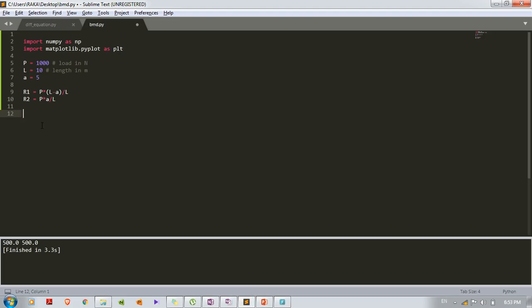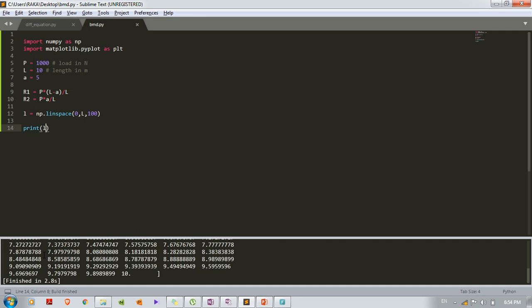So I will create one variable as small l, np.linspace from 0 to L, and I want to create 100 points, let's say. So I will just print small l. Let's run the program again.